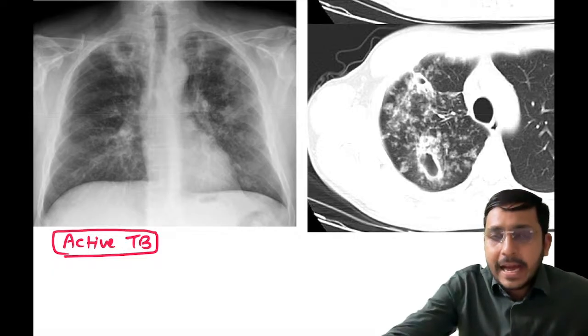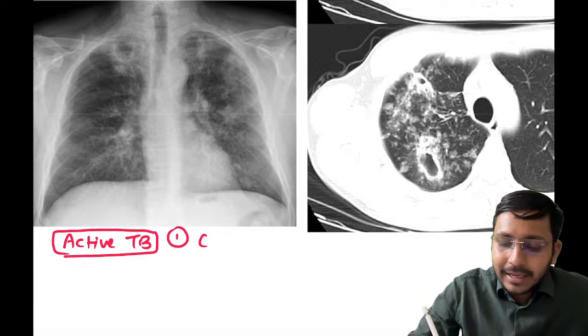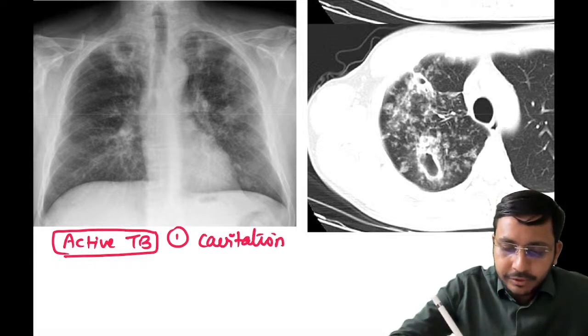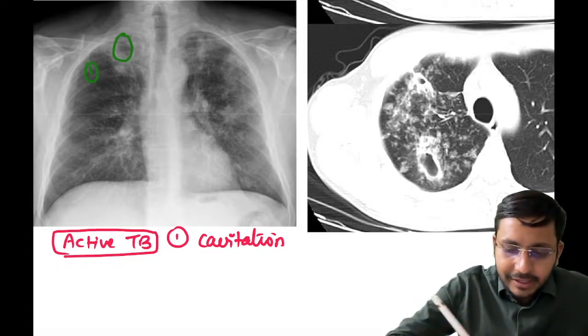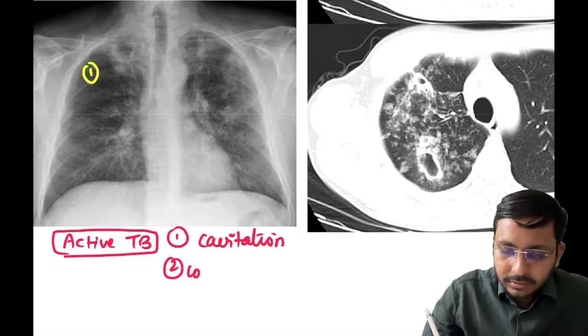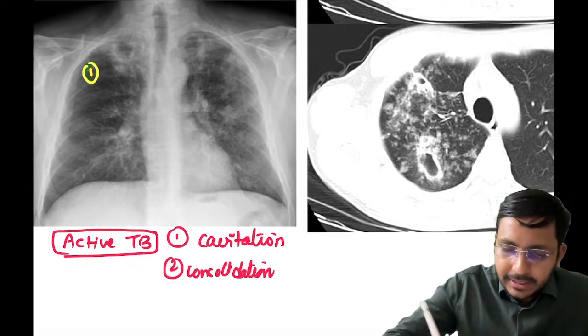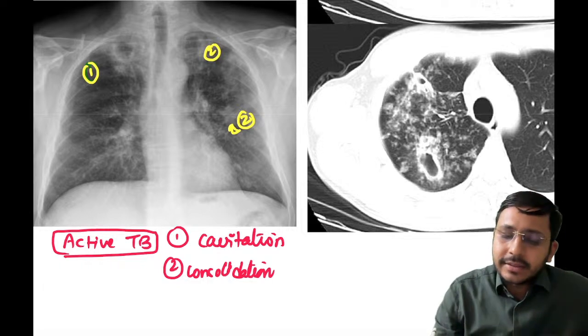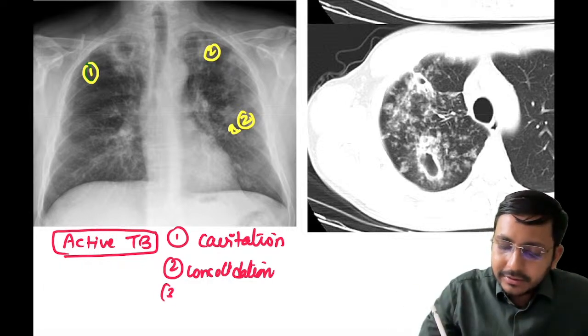So what are the features of active TB? Number one is cavity or cavitation. Can you see this is a cavity here? So first finding is cavity. Second finding are consolidations. Can you see these fluffy radiopacities? ये consolidations है. Third thing is nodules,